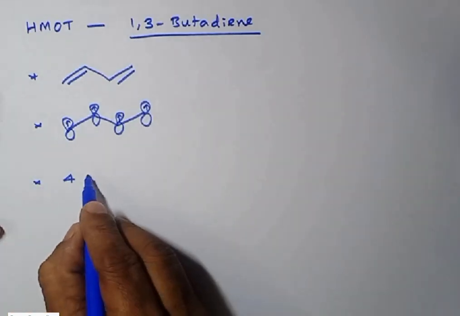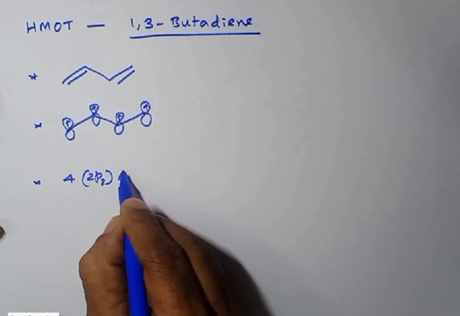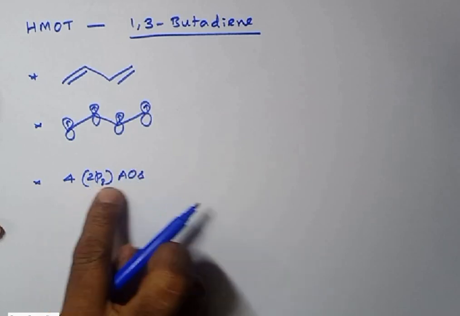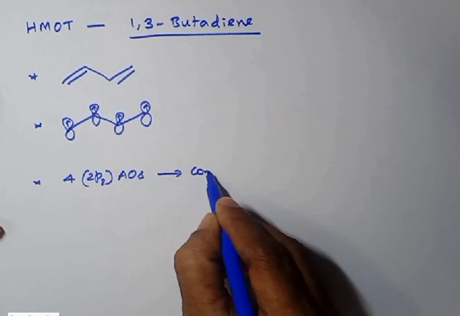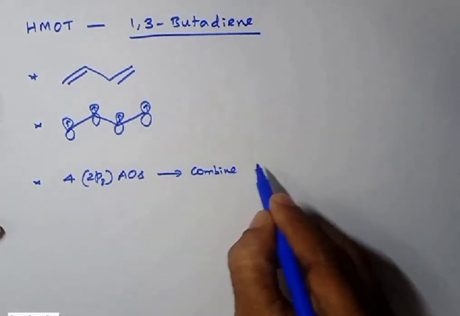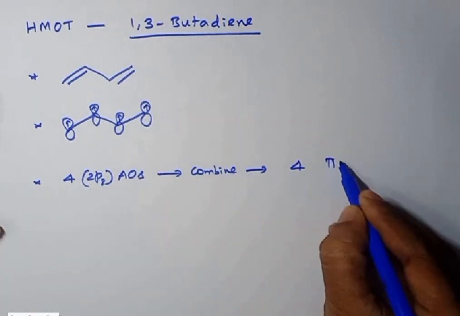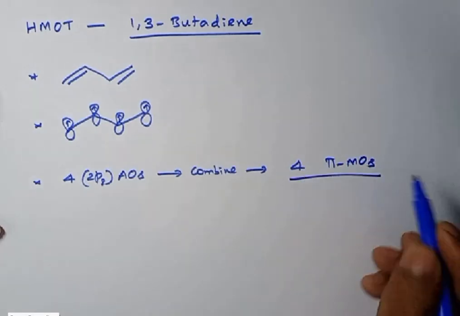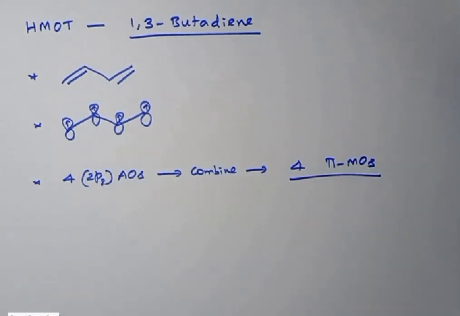So the 4 2pz atomic orbitals combine and form 4 pi molecular orbitals. We get 4 pi molecular orbitals. How do we find the energies of those 4 molecular orbitals? We have to use the variation theorem. According to the variation technique,